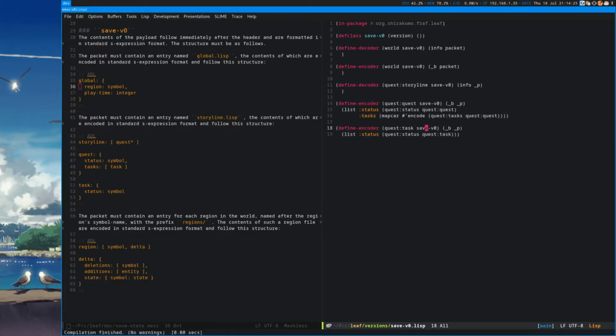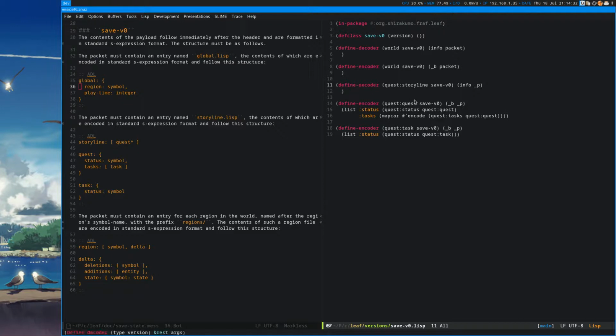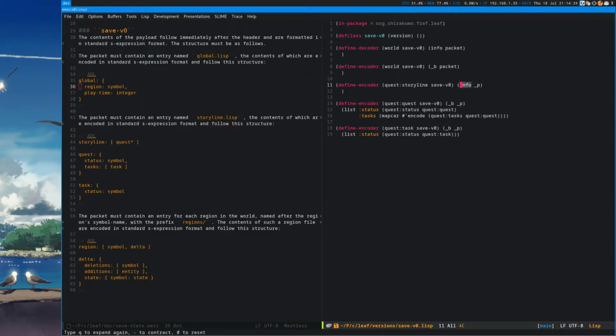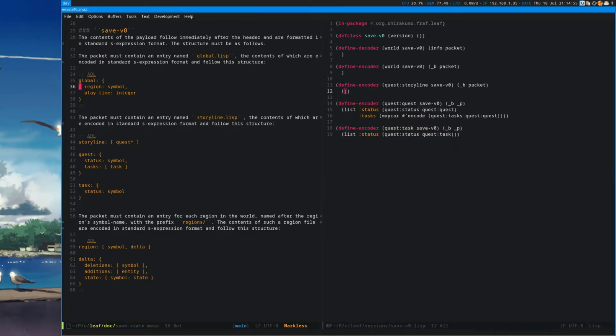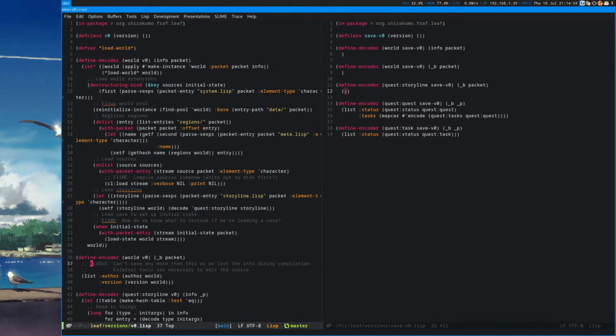Yep, that works good. How did I actually write things out in the other things?